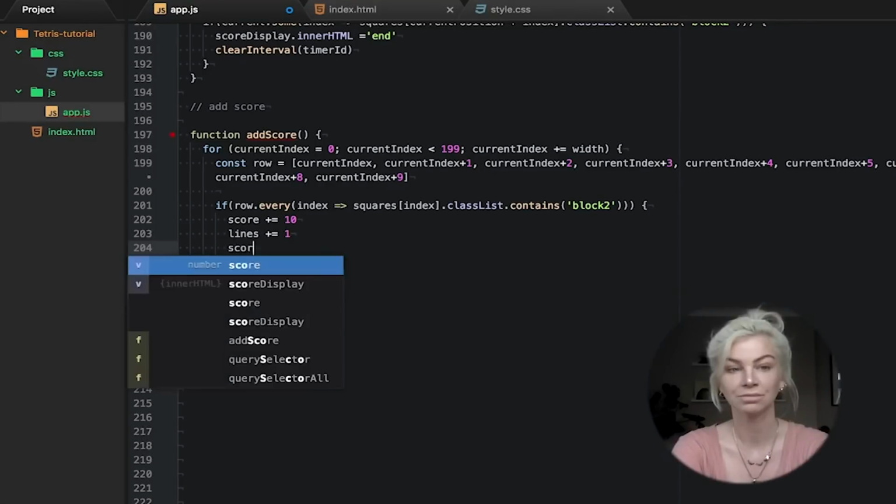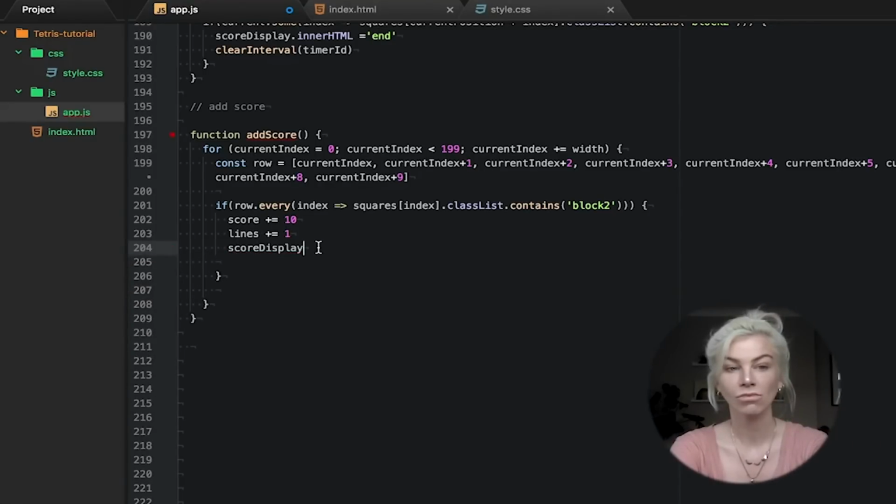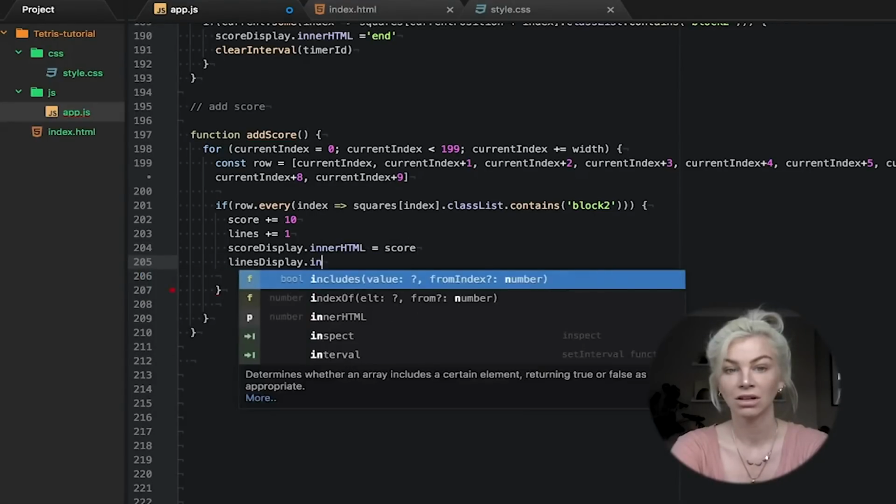So our line count. And now we want to display this in our browser. We can do this using inner HTML, like so.